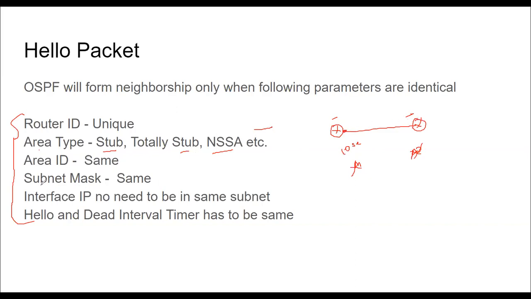One more crazy thing is that the subnet mask has to be the same on the interface. You cannot configure a different subnet mask on this interface. So if you configure 12.0.0.1 here with /8, here also it should be /8. You cannot put /16 and all. And this thing you can ignore. This is only applicable on a non-broadcast network. So you can route between two different IP segments when you're using a non-broadcast network. This you can ignore. The hello timer and dead interval have to be the same.